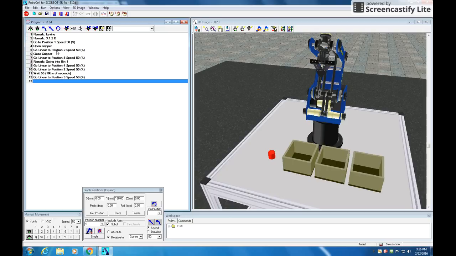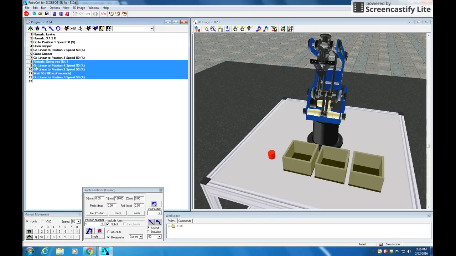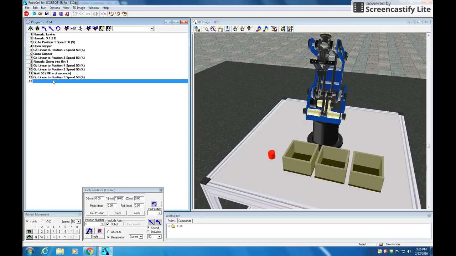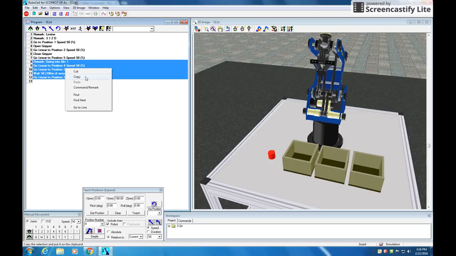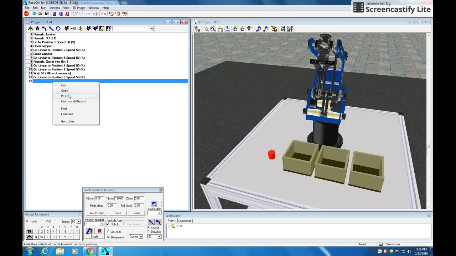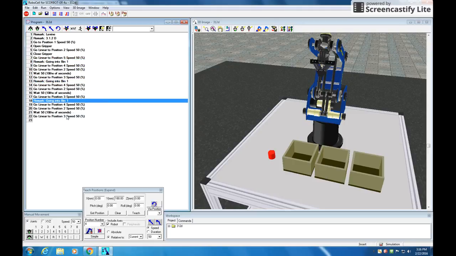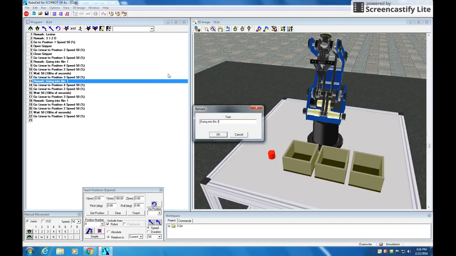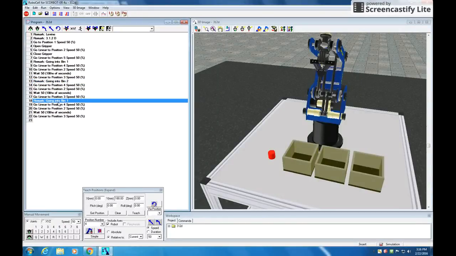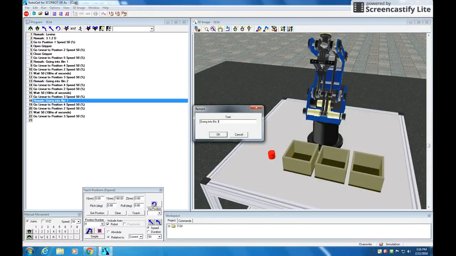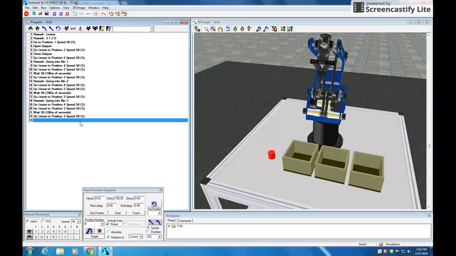Now I could keep looping this, but I know from here to here is go over, go down, wait, go up. So if I take that section and copy it and repeat it, the first time it's going to bin 1, the second time it's going to bin 2, and then the third time it's going to bin 3. I really only had to write that program once. And then after we're done, we're back up. We're probably going to want to go over to position 5